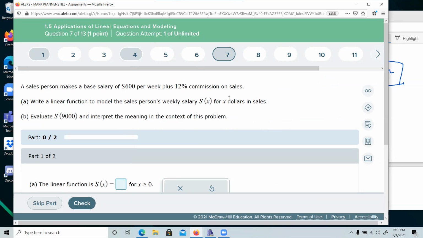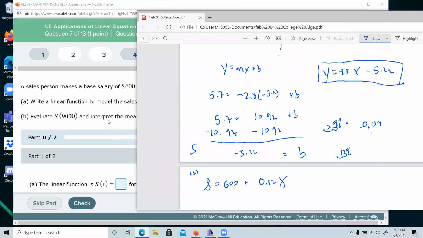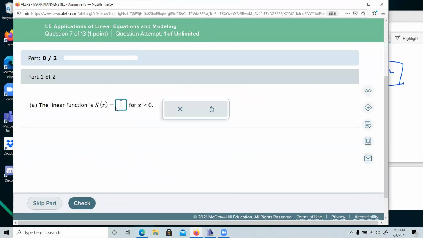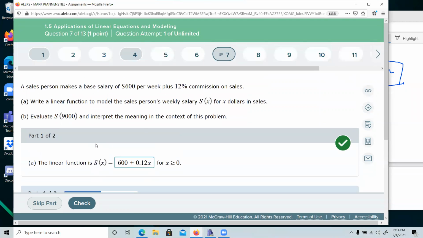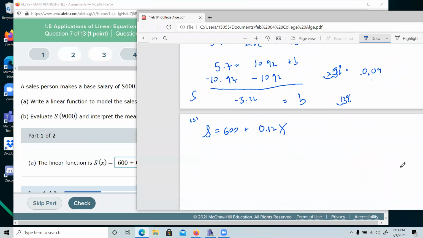Linear function to provide the salesperson's weekly salary. I think we have that. It's 600 plus 0.12 and then X, because in this case the book said use X, so we're using X. Okay, and then when we put 9,000 in here,